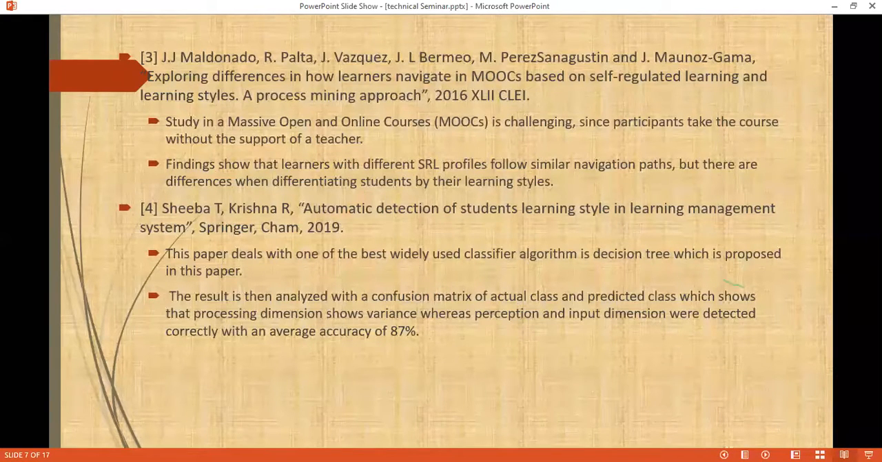Next is automatic detection of student learning style in a learning management system. Basically, this paper deals with a widely used algorithm called decision tree. First step, they used web log files to keep track of the details, like when you,